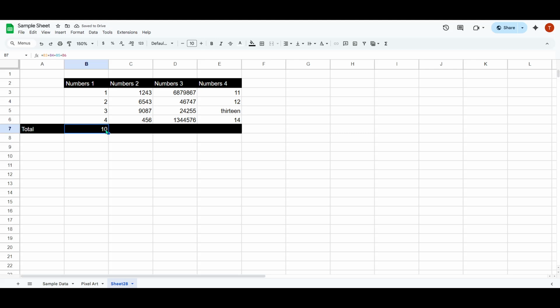The beauty of this method is that the total updates automatically whenever there is a change to the values in the cells you've included. However, this approach can become quite tedious, especially if you're dealing with a large data set or a long column. This brings us to our second, more efficient method,